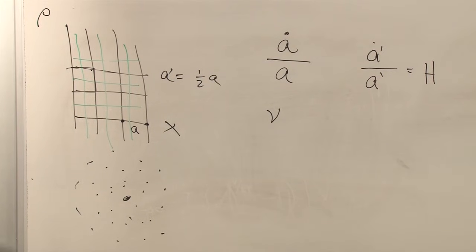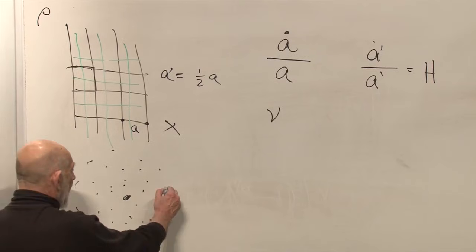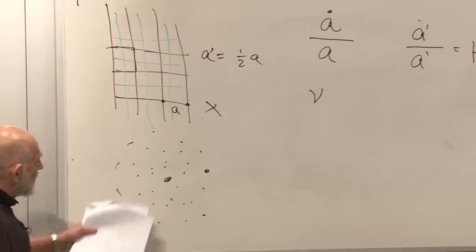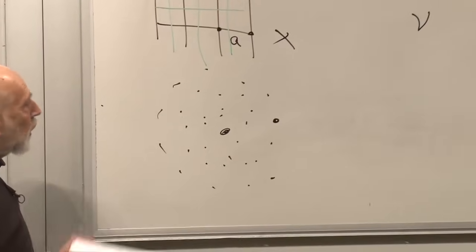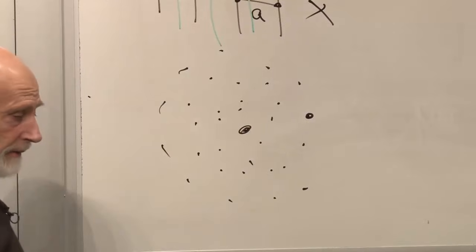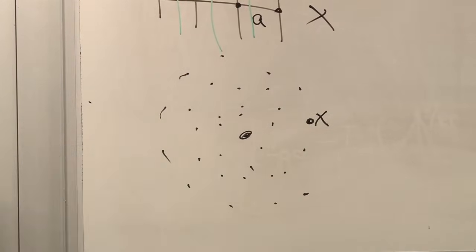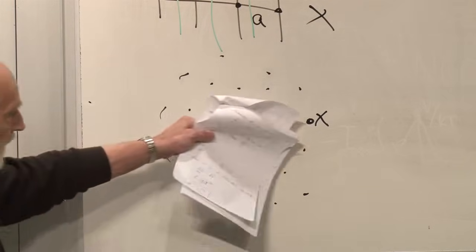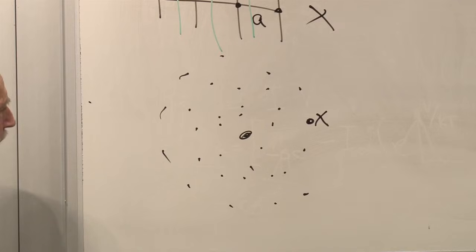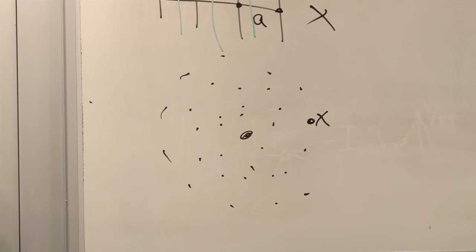We looked at another galaxy which was at a specific location on the grid, some x on the grid, and we studied Newton's equations for the motion of that galaxy, which you would think would be horrendously complicated